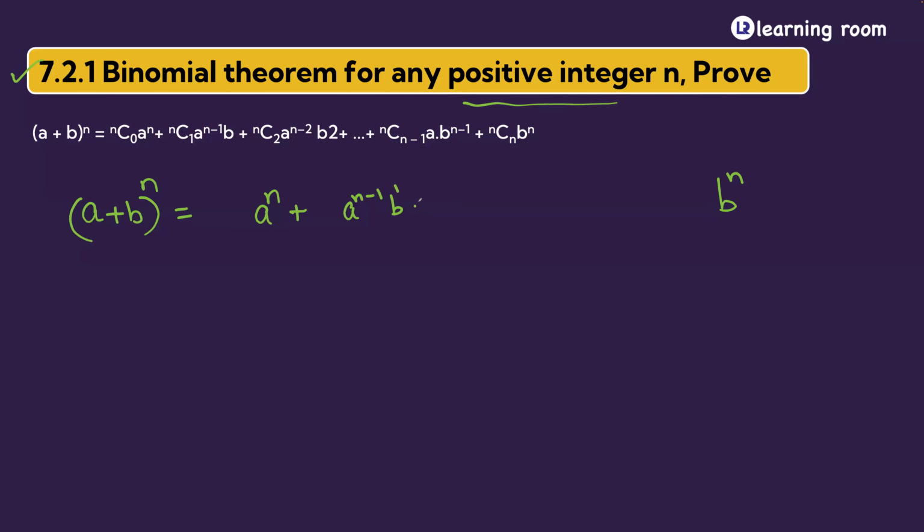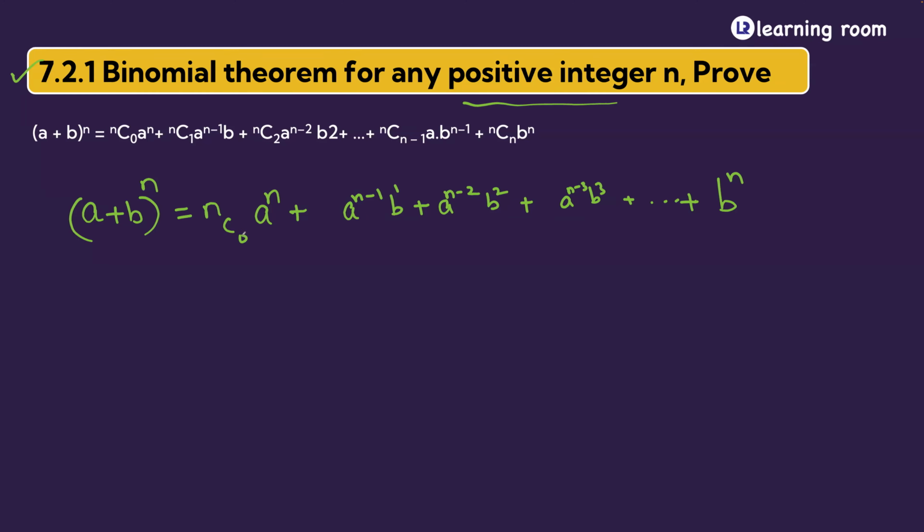Then what should come? a power (n minus 2) b square plus something into a power (n minus 3) b cube plus so on till b power n. You will have a plus before that. I hope it is not confusing. I hope it is clear. Right. So first term, what I should write is, since it is 1, by default, it is going to be 1 and 1 here, but I need to choose out of NC0 and NC1, NC0 and NCn, which one am I supposed to put? So you'll always start with 0. So it is going to be